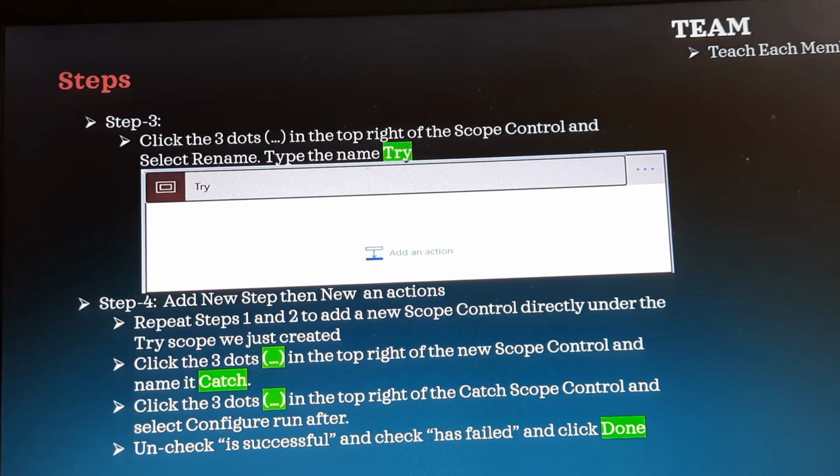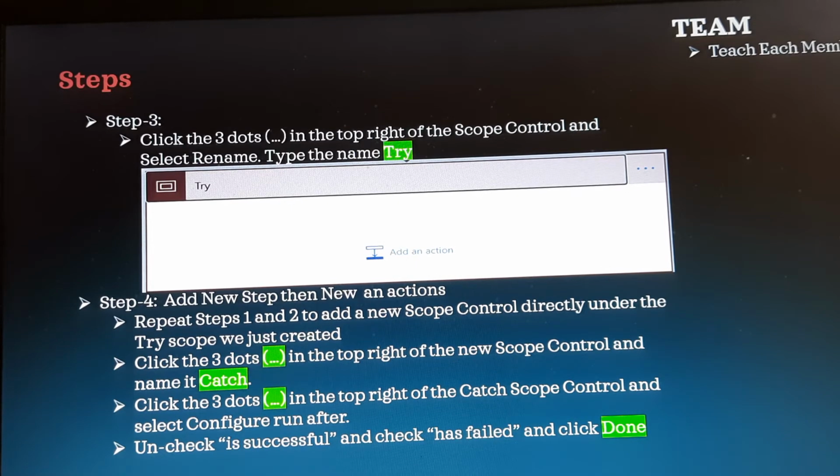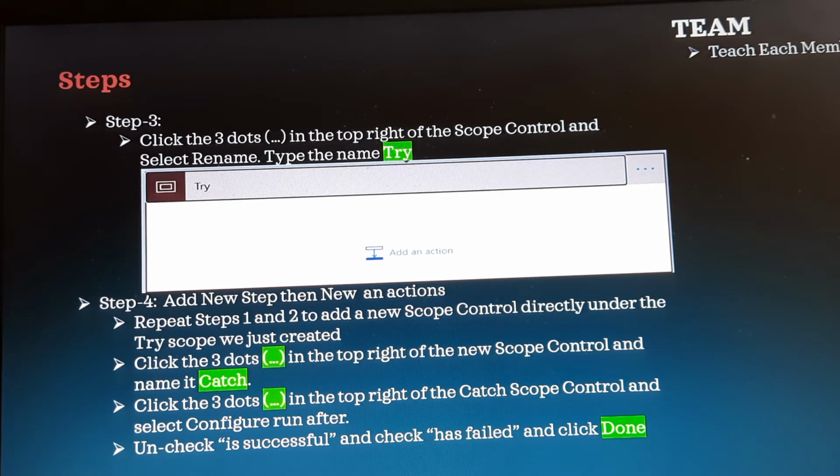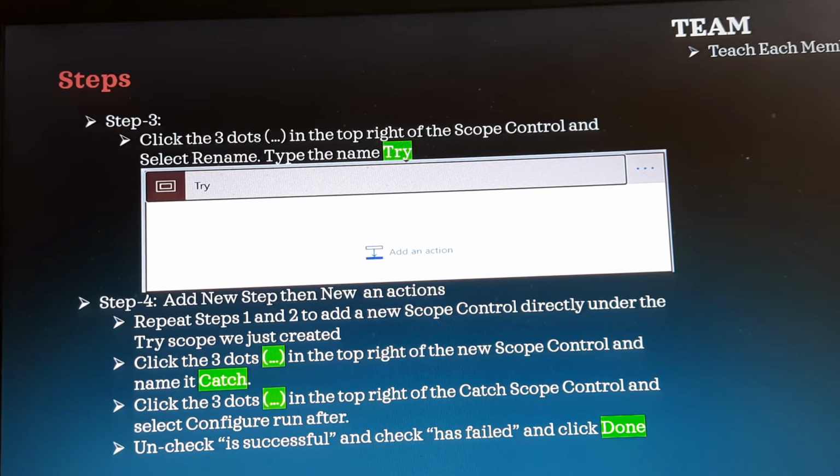Then add the second scope, repeating steps 1 and 2, click the three dots and rename it to catch. Click the three dots in the top right corner of the catch scope control and select configure run after.